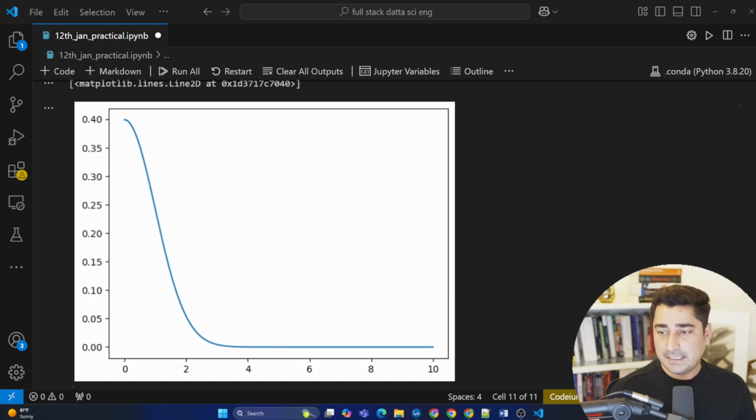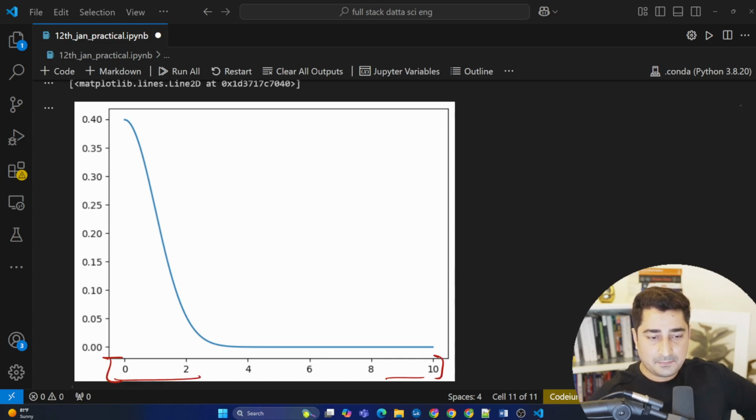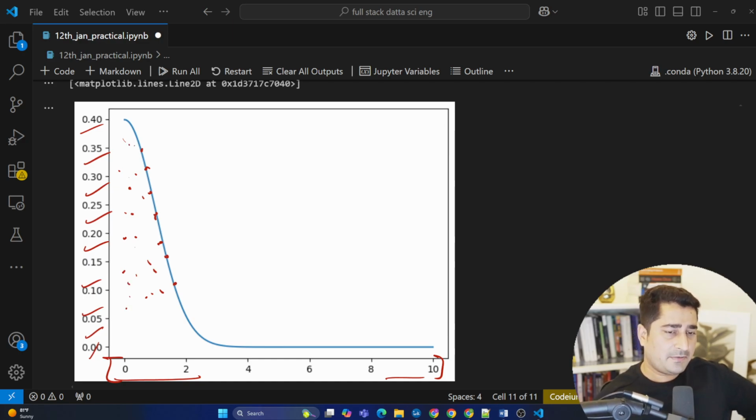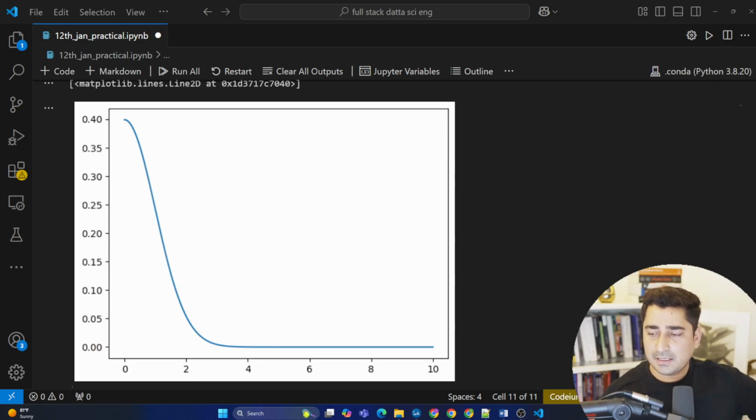This is the range of the data that we have produced above. And this is coming from this y, because all this data, this line is nothing but a combination of dots. Inside that we will also have data. So all these dots are nothing but a combination of an x coordinate and a y coordinate, right? Then only it is able to draw something, then only it is able to plot something. So here is a graph that we are able to see.